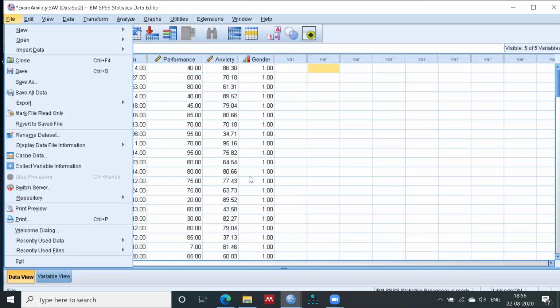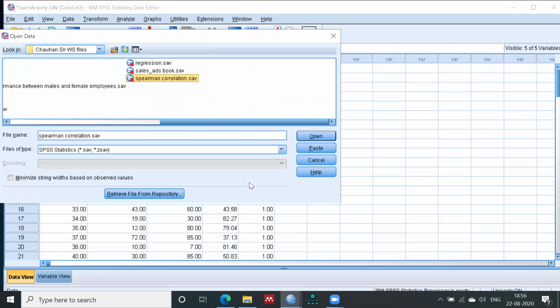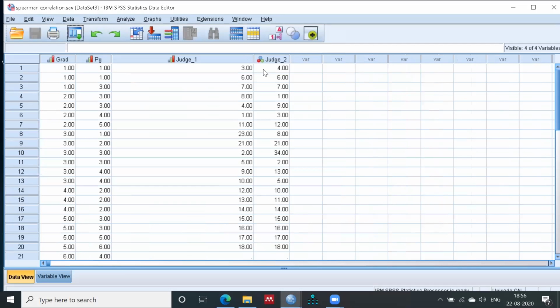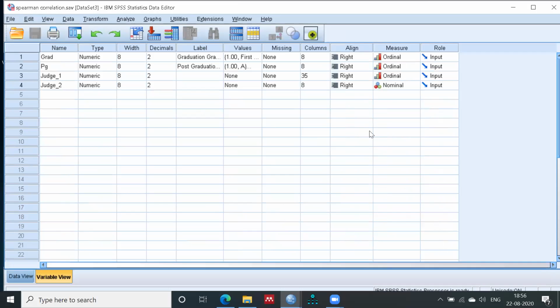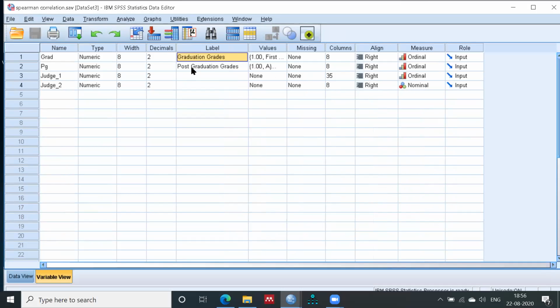In this Spearman correlation file, you can see that there are 4 columns. In the variable view, you can see 2 judges and 2 types of students. First is the grades for the graduation students and the grades for the post graduation students, and the judges are your normal.